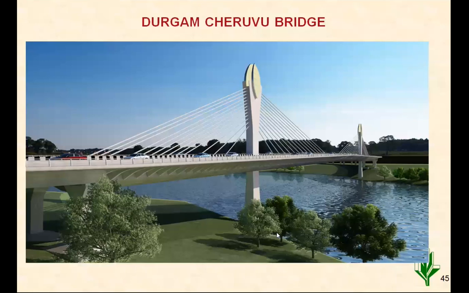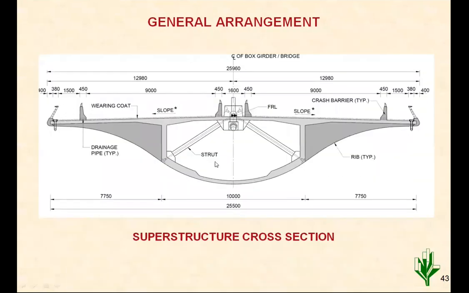This is an animated view of what had been planned earlier. So you will find that there are ribs at regular intervals, and the pylon is integral. There is no bearing provided in between. On the top of the pylon, there is some lighting arrangement. Then on the deck also some lighting arrangement is shown. Also there are the railings etc. Those were derived from an aesthetic point of view. So everything of this bridge was mainly derived from an aesthetic point of view rather than a requirement of functionality.